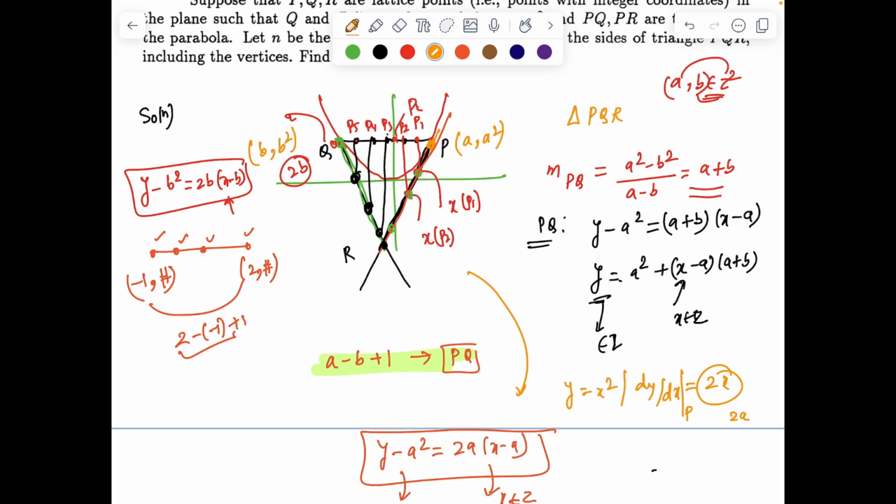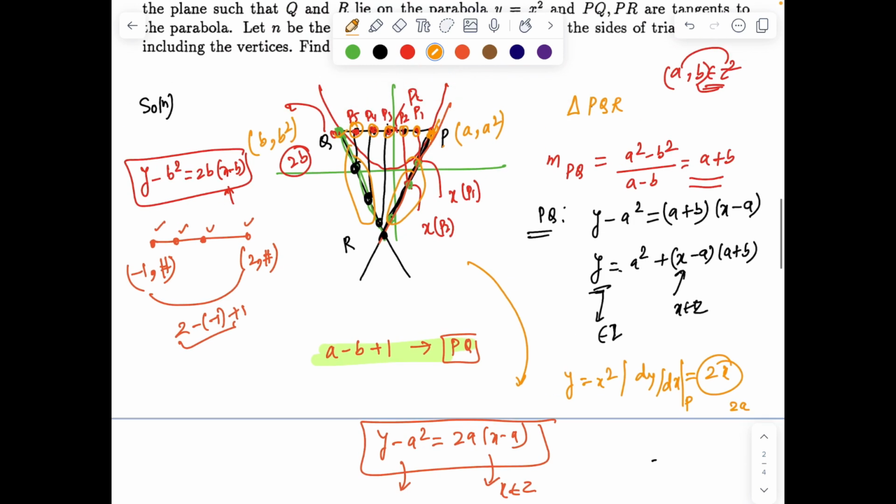So now how many points will be there on these two sides? It's the same as the number of points exactly between P and Q, right? Because corresponding to any point I can create a bijection. I can go vertically down and there exists a point. So here the number of points will be 1, 2, 3, 4, 5 in the diagram. It means the total number of points is now a minus b